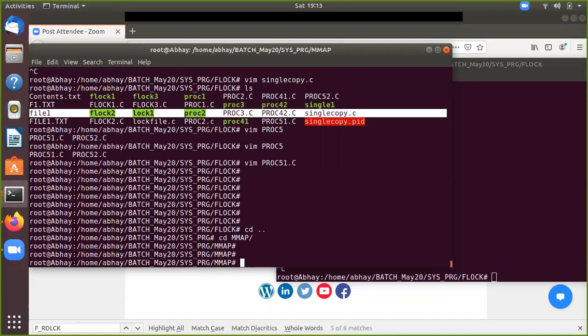One more doubt I had here. We have blocking and non-blocking calls, right? So if we are going for a non-blocking call, it checks whether the process has been locked, and if it's been locked, it will proceed with other instructions, right? So it will not be blocking over there. It moves forward.